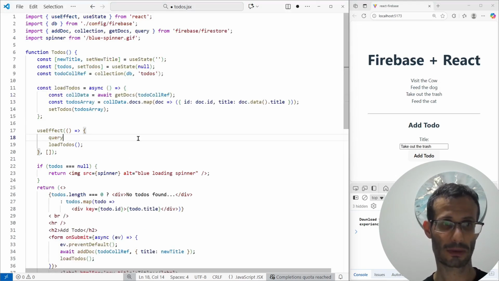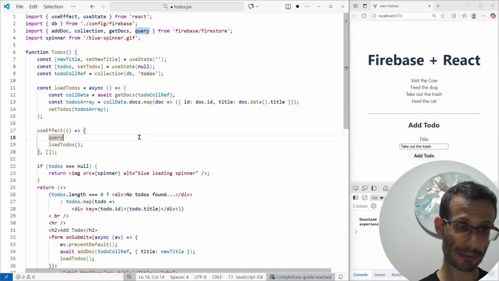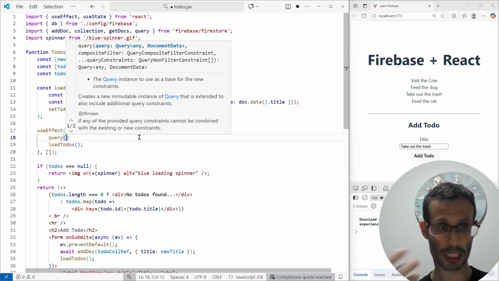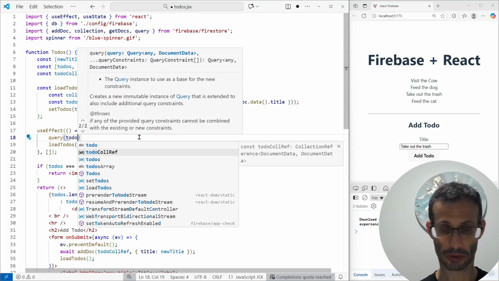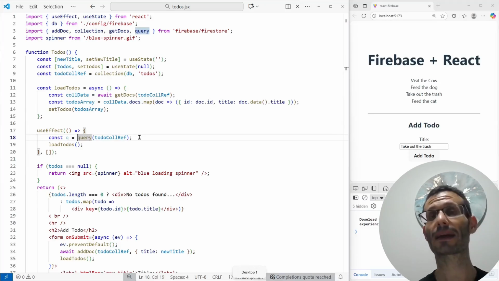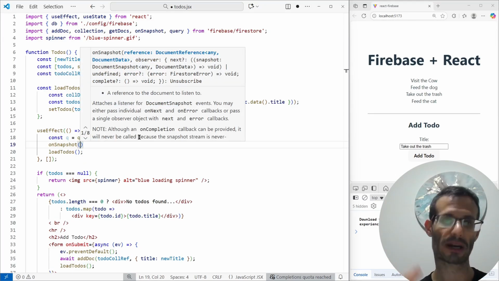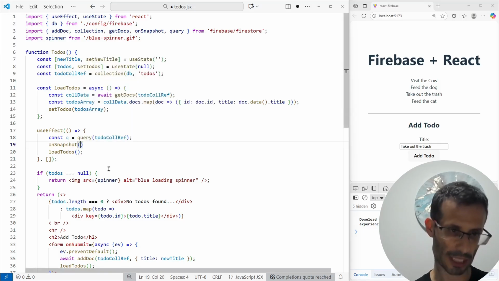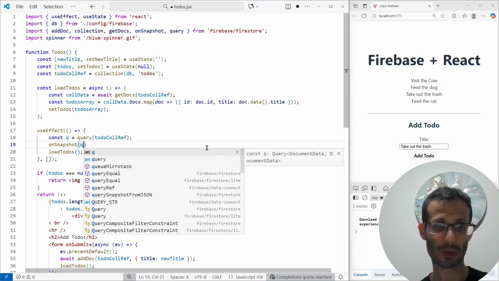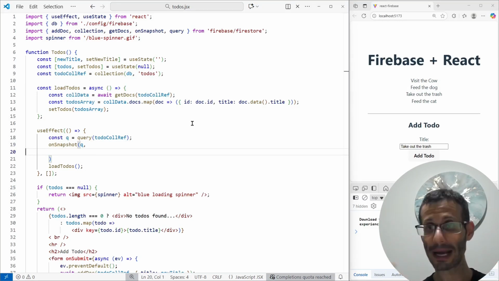And up here, we can see that it was added to the imports. And what we need to pass as a parameter to query is the collection reference. So let's do collection reference, and store the result in a local constant. And now we can add a call to onSnapshot. So onSnapshot takes 3 parameters. The first one is the query we just created, and this is how we connect our listener to this specific collection. The second parameter is the actual callback, and this callback will run whenever a change to the collection is